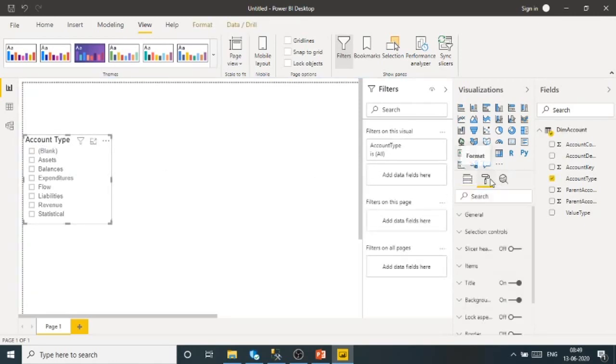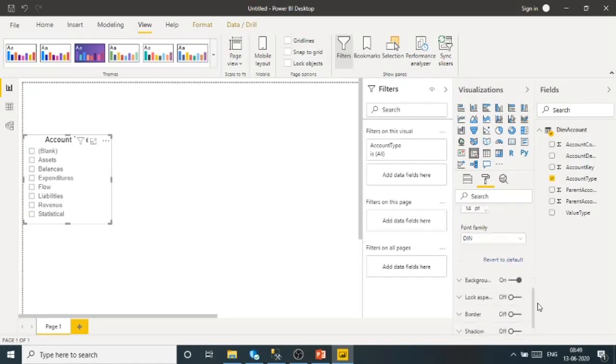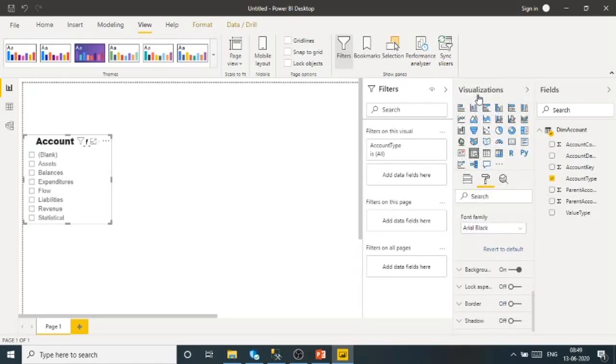I will click on this and set the alignment of the title. I will take this in the middle. If I want to change the font family, then I can give Arial Black here.